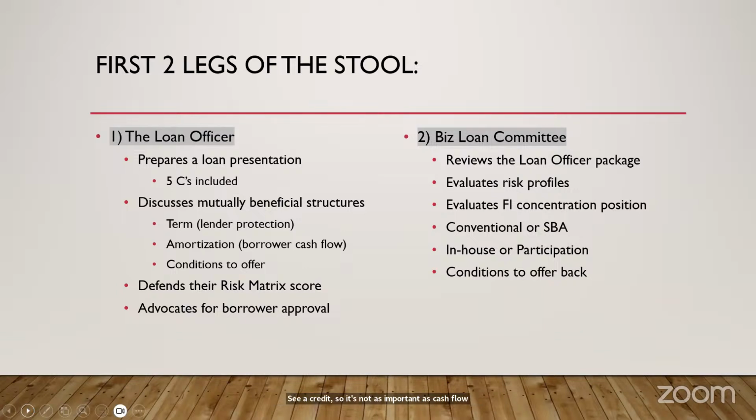You could be at a spot where the loan to value, based off of what you're requesting and the appraised value of the property, is very low. But if there's no supporting documentation that the borrower could pay it back, that could be grounds for a denial. And the fifth one being conditions. So we do what's called a SWOT analysis, determining the strengths, weaknesses, opportunities, and threats for the type of business that we're reviewing. And so the loan officer explains to the committee the request, your history,